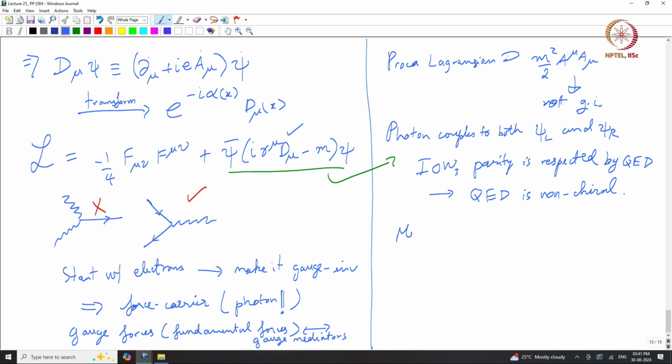So, there is a missing term in the QED Lagrangian we just wrote down for spinors, okay. So, this is unique to spinors coupling to the photon. Let me just break the suspense, let me just say this has to do with